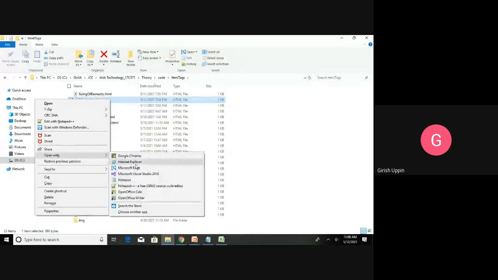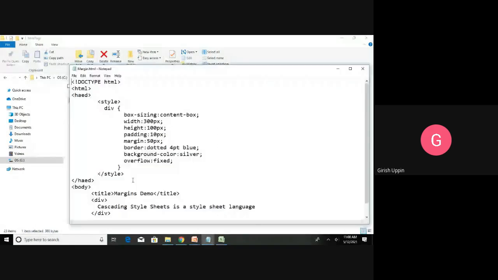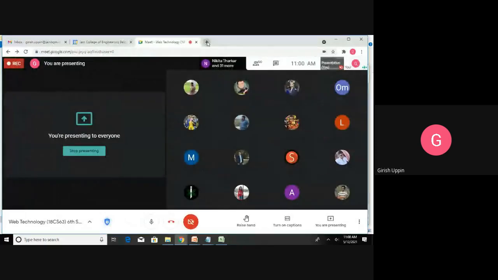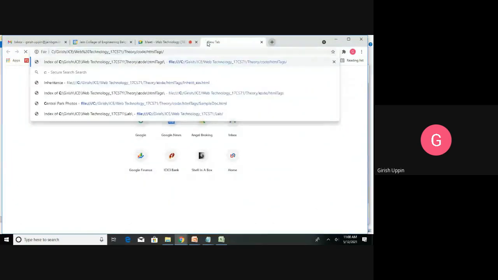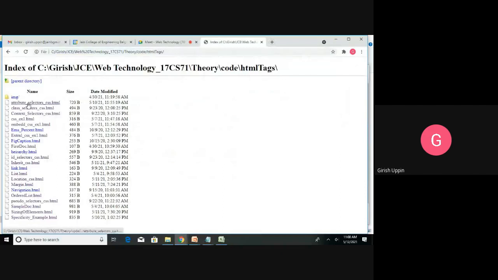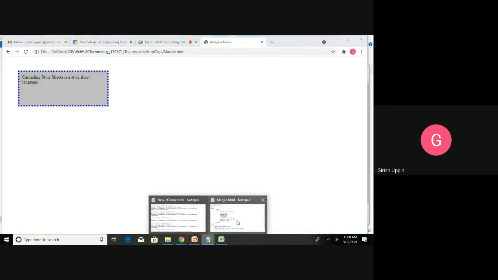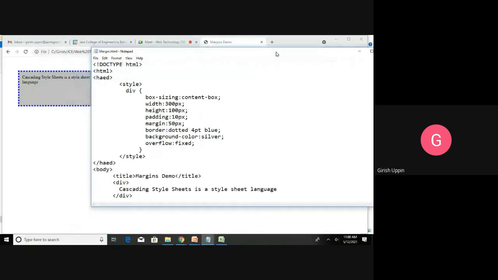I'll open it with Notepad, and also I will open that particular page in the browser. So this is margin.html. You can see this is the example, and this is the code.